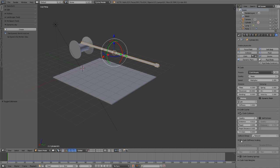do the cloth stiffness scaling, and we already know that the heavy object can go way up to 1,000 or even 10,000 if we need it. Let's see what this looks like. That looks pretty heavy. It doesn't look super heavy. As a matter of fact, it didn't look heavy at all. But some of that structural is an interesting problem for us because I'm going to use this as a winch, and it's going to give us...